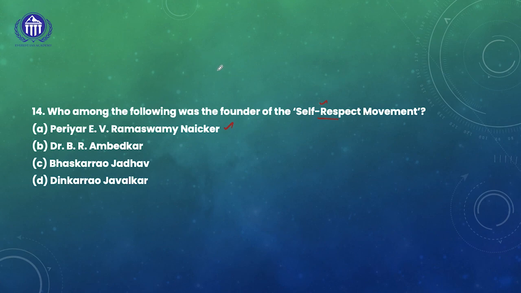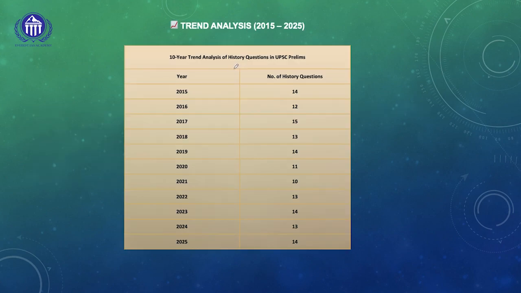So what I will be suggesting is, as part of this discussion, we can easily see that 5 questions are asked from the ancient Indian segment, 2 questions from medieval India, and 7 questions from modern India, out of the 14 questions. So maximum weightage is for modern India. First try to cover modern India, then move on to ancient India, and finally you can come to medieval India. This is the order of priority I will suggest to my students who are preparing for UPSC Prelims